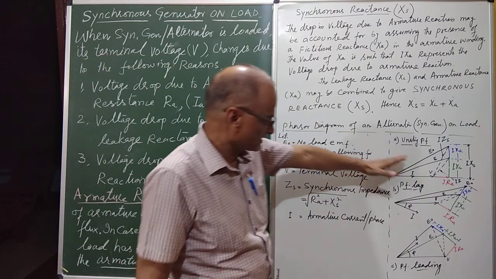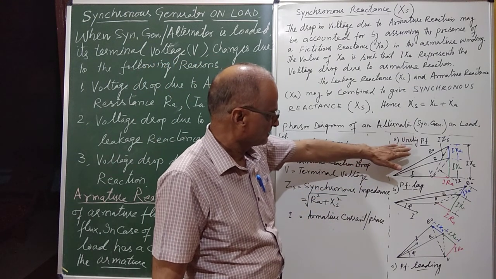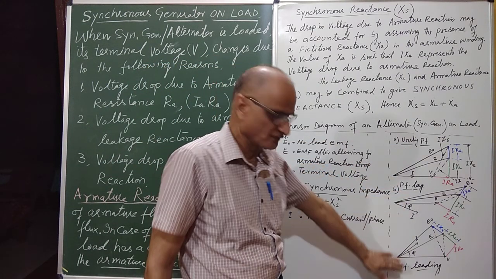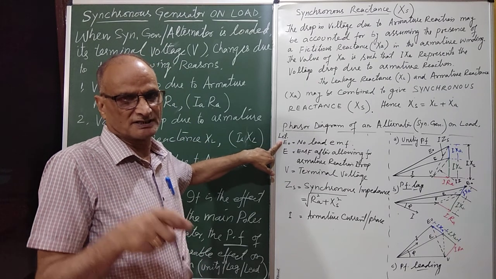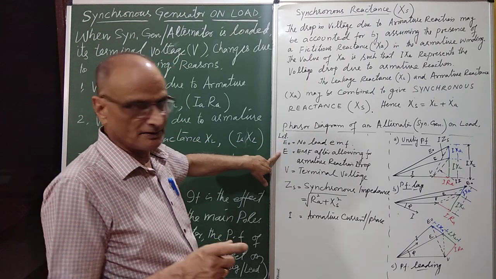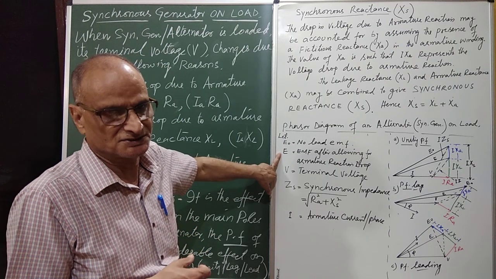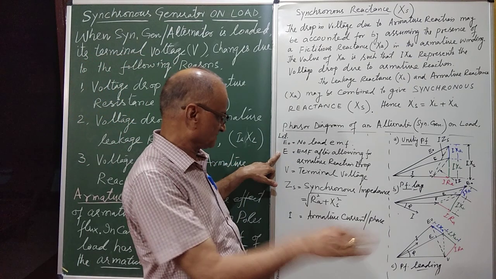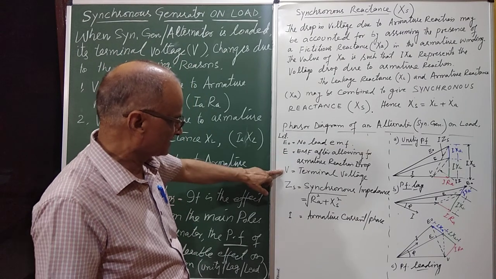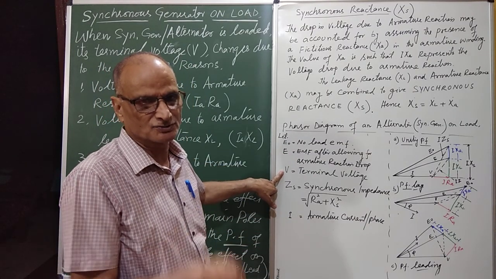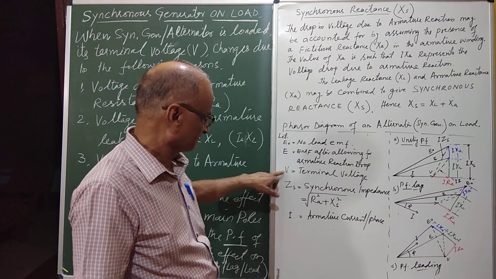So we will draw the phasor diagram of alternator on load. These are three types of load: unity power factor, lagging, power factor leading. E0 is the actual voltage induced in the winding. E is the EMF induced after allowing armature action. Means armature actions का इफेक्ट खत्म करके जो EMF बनेगी वो E. V is the voltage available outside the alternator, means the terminal voltage.